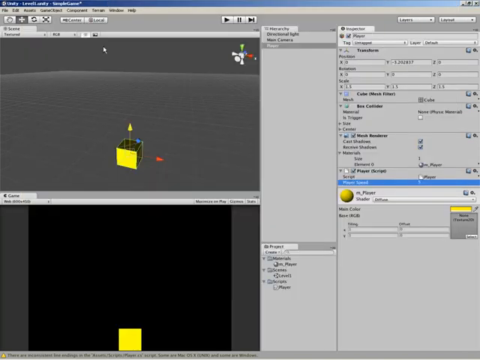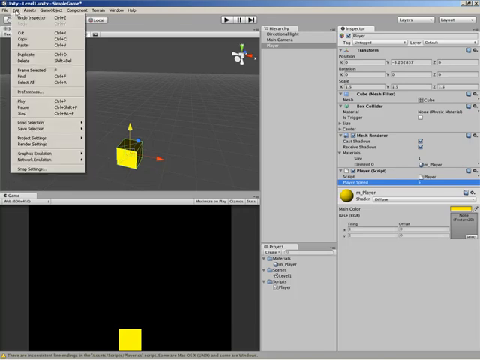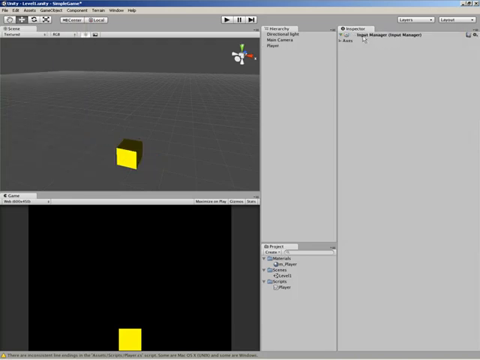Jump back over here into Unity. Let's come away from our player for a second. Come up to Edit. Let's jump down into our project settings, and then from here, let's come over to the Input Manager. So we select Input. Our inspector suddenly comes to life with new stuff. Let's open up our axis, jump down in here: horizontal, vertical, fire 1, 2, 3, jump, mouse X and Y,